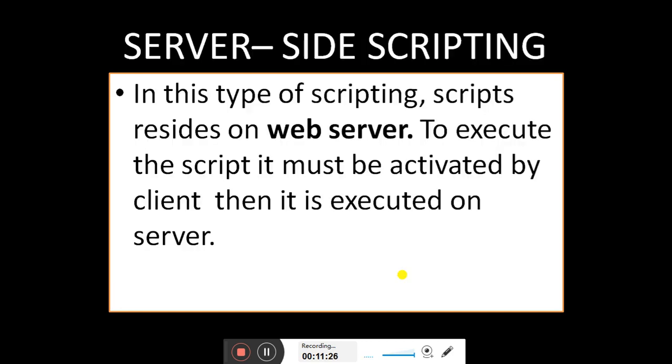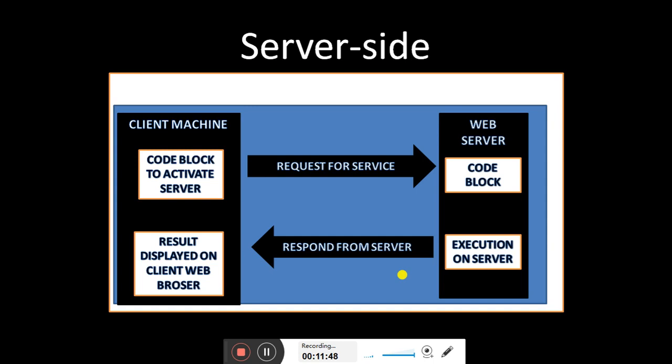Now see next, server-side scripting. In server-side scripting, the script resides on the web server. In client side there is no role of the server, but here there is a role of a web server. To execute this script, it must be activated by the client first, then it is executed on the server. See the image, you will get to know.